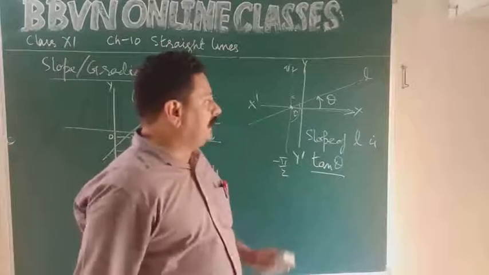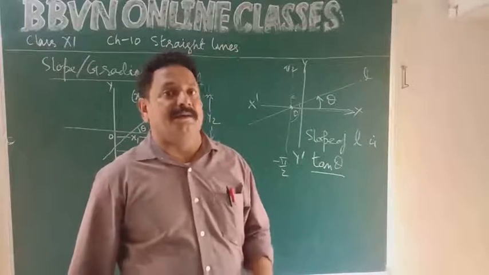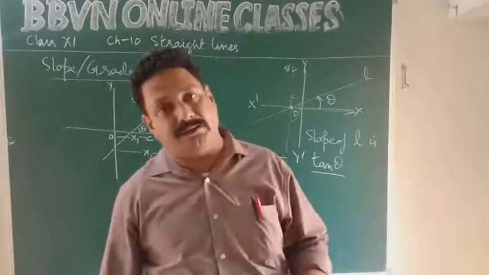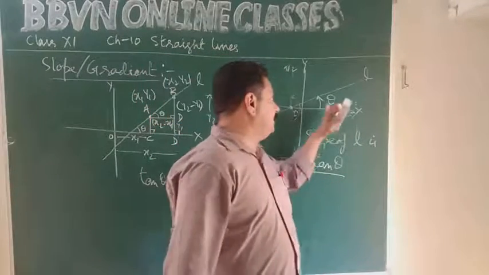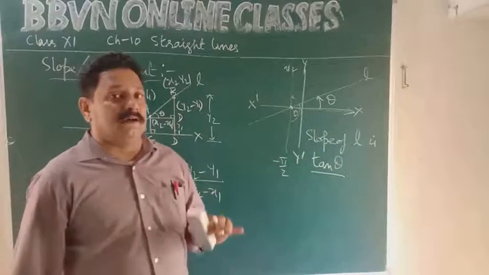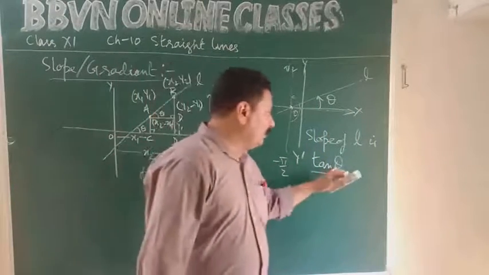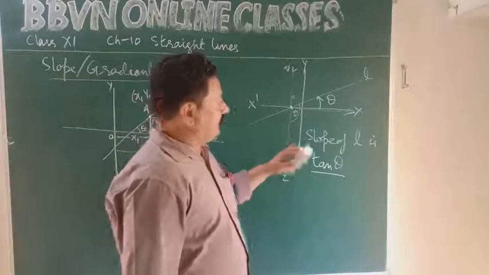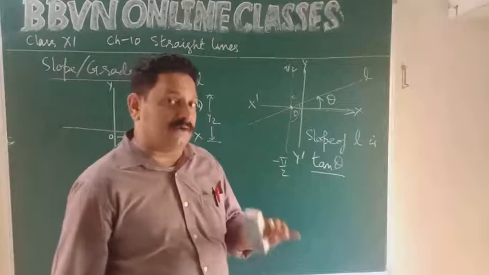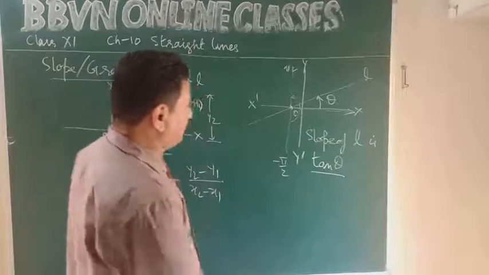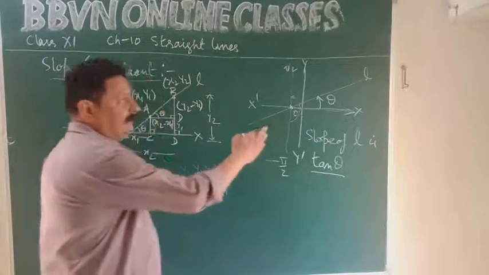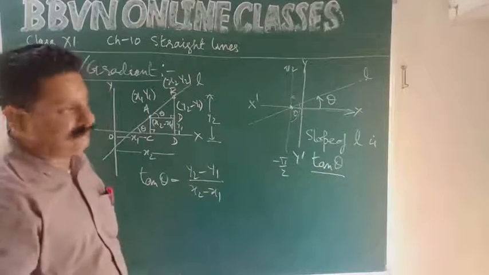You can say a line is inclined with x-axis either in clockwise direction or in anti-clockwise direction. If the inclination is in anti-clockwise direction, that is positive direction of measuring the angle, the slope will be positive. If the inclination of the line is in negative direction, slope will be negative, that is clockwise direction. That we'll discuss later. So definition of slope here is tangent ratio of angle theta between positive x-axis OX and the line L.